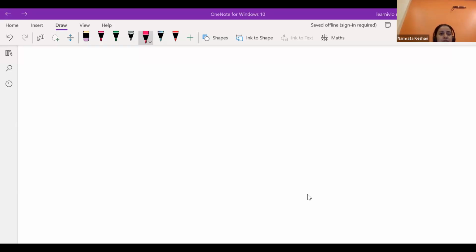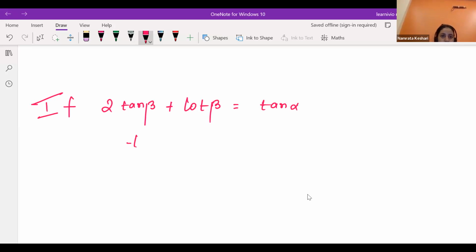If tan beta, beta is just an angle, if cot beta is equal to tan alpha, then prove that cot beta to tan